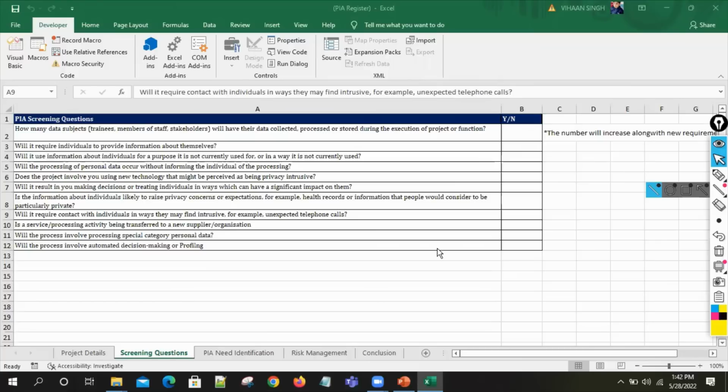So this is the register we are going to use for the PIA, privacy impact assessment. There are certain questionnaires before, which we call screening questions. Before you go for the PIA, you need to go through certain screening questions like what is the data processing activity we are doing, is automated decision making there or not, are you transferring your services to your suppliers or not,